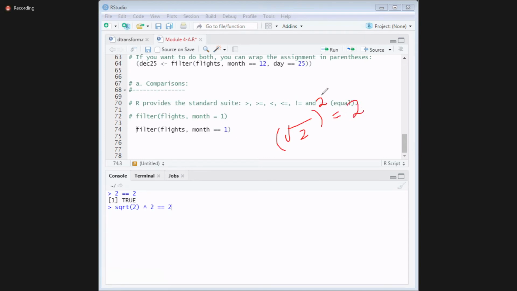Okay, generally we do it like this. This and this get cancelled. 2 is equal to, sorry, double equal to 2, true. This is true. Yes or no? So now tell me what is the answer here? True. But I got false. One more example.